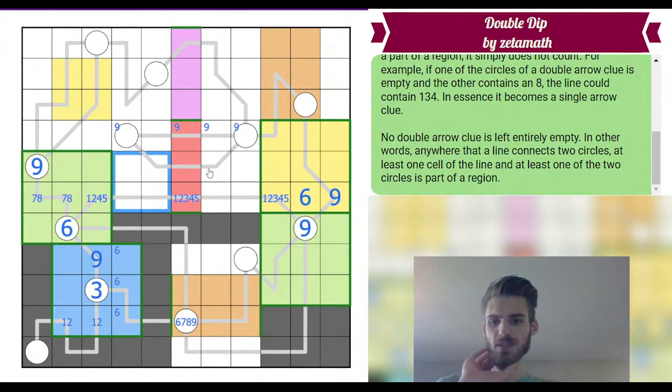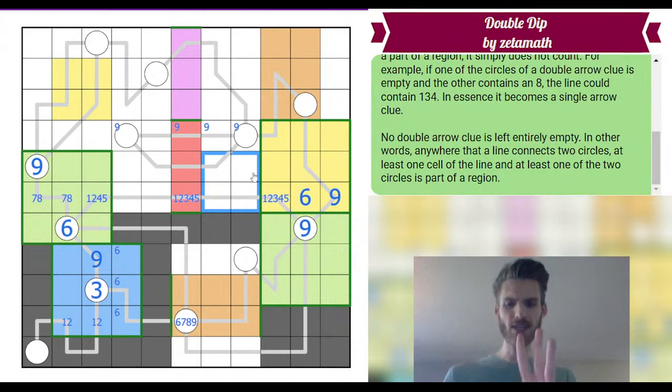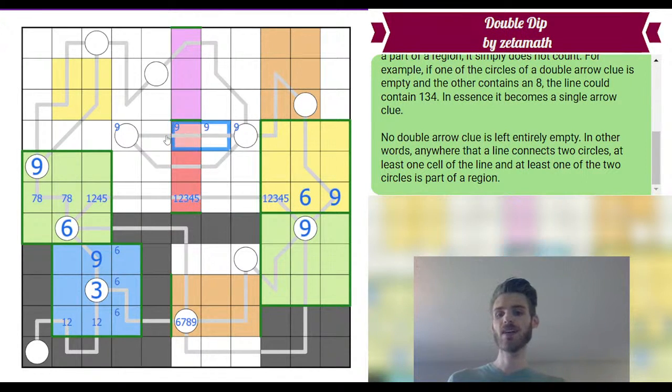Now either this is black or this is black. Oh, you know what is very interesting is that red has three of 1, 2, 3, 4, and 5, which means that these cells, which are definitely going to be in red,